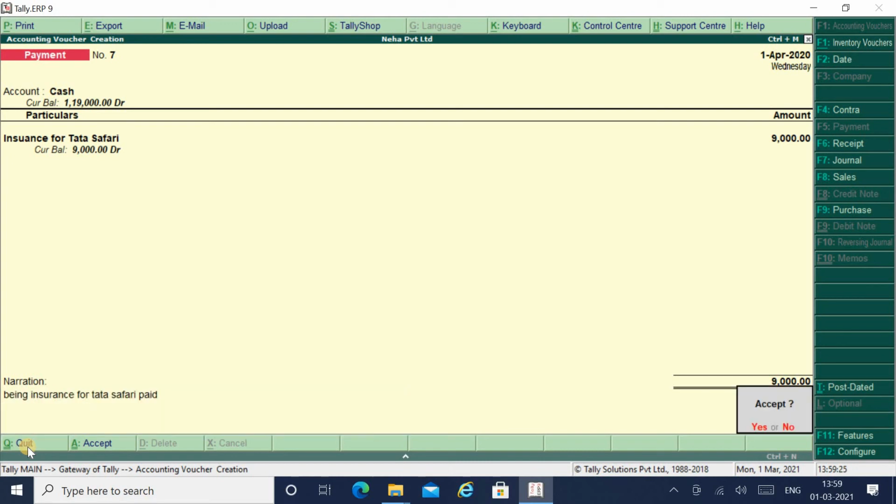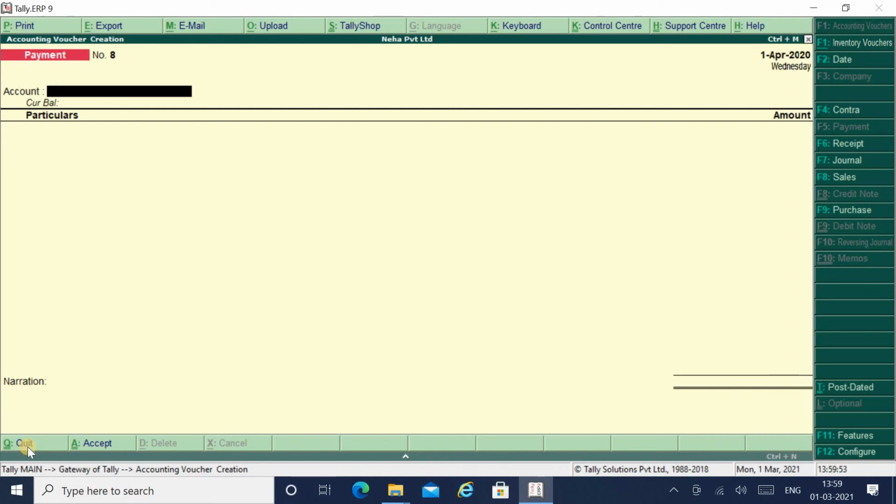Okay, so you must have understood that the asset which is not reflected in your books of account, you can't expense it off for any of the expenses. Okay, you can't realize it in your profit and loss account for any expenses incurred on that particular asset. But the asset which is reflected in your books of account, the expenses which you are incurring for that asset should be treated as revenue item and you can easily realize it under your profit and loss account. Alright, so accept this entry.